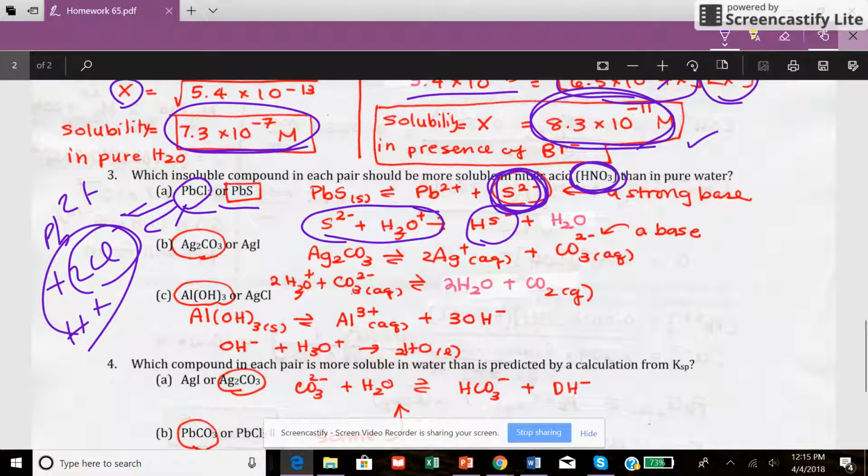Okay, so this is really different from lead sulfide, because with lead sulfide, the sulfide ion reacts with this, so it produces a weak acid, right? So that means that it doesn't ionize back. The sulfide gets consumed. So because the sulfide gets consumed, this reaction here has to produce sulfide to make up for the lost sulfide. Therefore, the solubility of lead sulfide will be higher than that of the lead 2